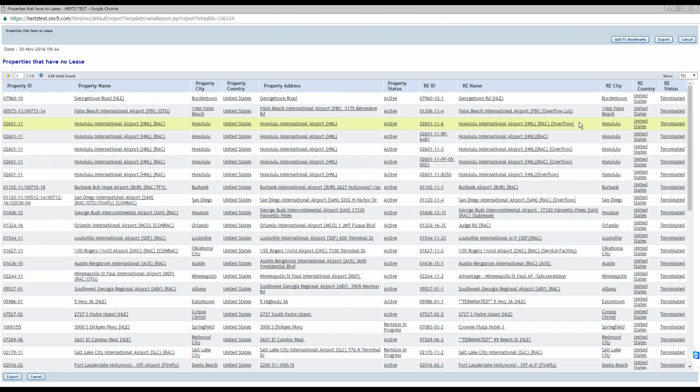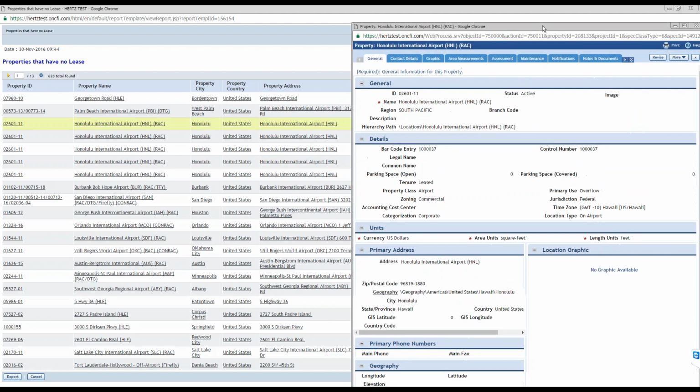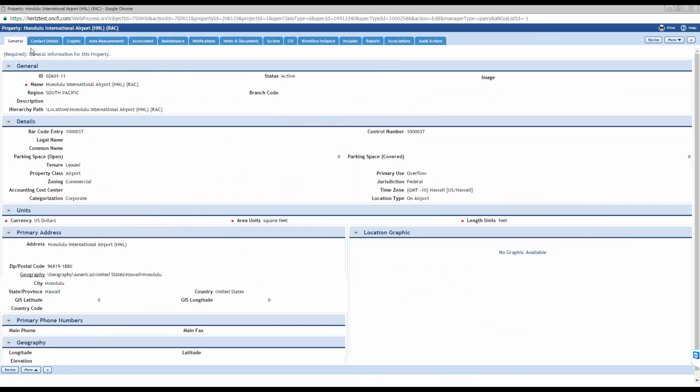If we actually click on it, we'll be taken to the property. No matter what you click on here, you will always be taken to the property record because that is our base object that we looked up. You can click on the real estate contract name itself, and it'll still take you to the property. So clicking on that, we're now at the property, and we can verify that our query is working correctly